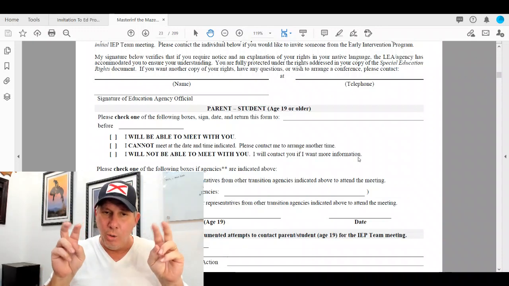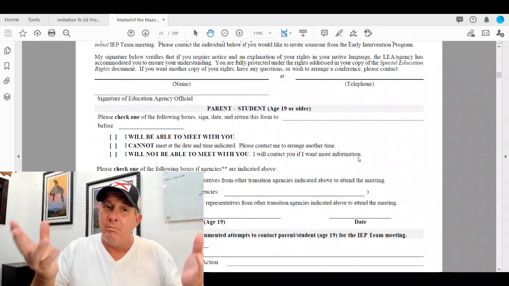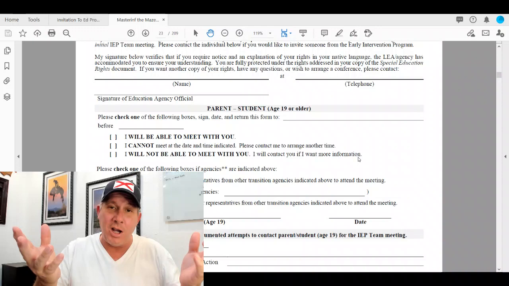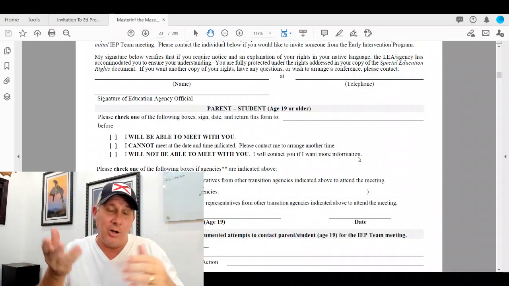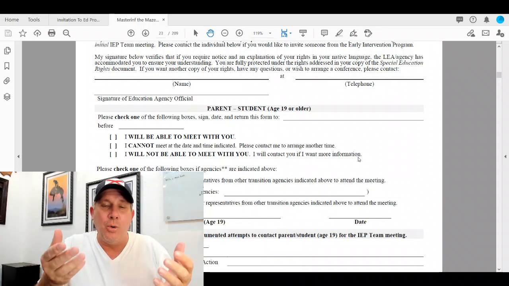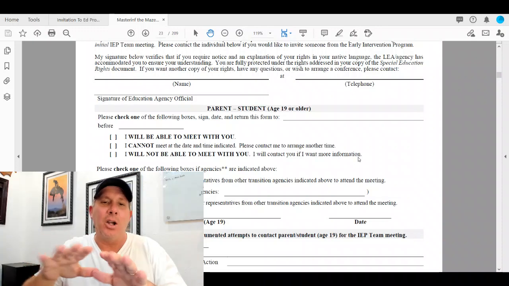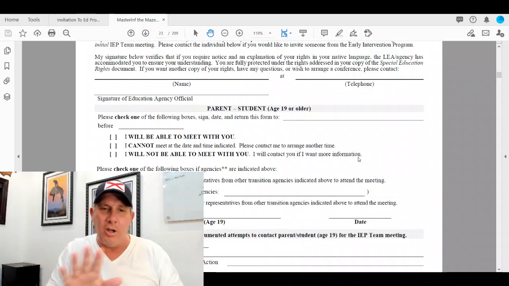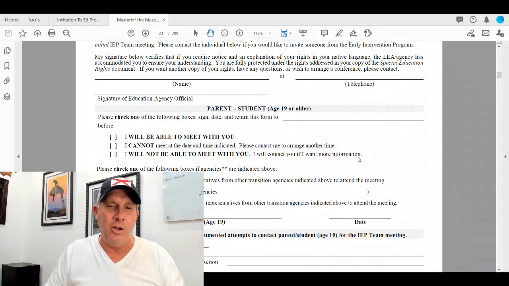If they somehow lose it, or if they somehow, and I've seen schools do this, trash the document and then create another document and try to sit there and pass it off as the original document. I've had schools go to the length of whiting out and then making a copy of that to where it's almost impossible to tell that they had whited out what the parents had notated on an IEP or a meeting notice.